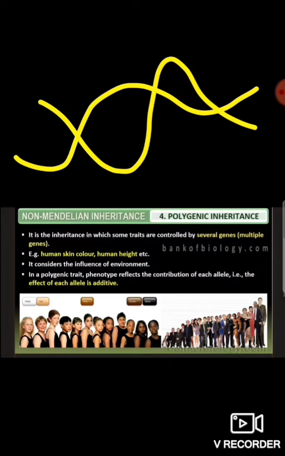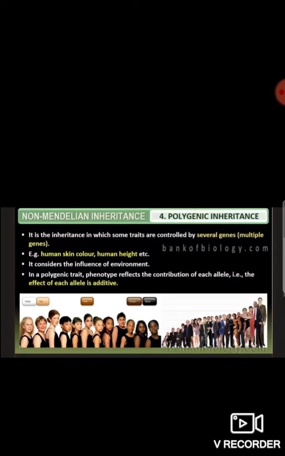There should be only brown, or there should be light skin color people. Fair or brown people should only exist. But here, because skin color is expressed by many types of genes, we call it polygenic inheritance, not just one gene. So there are many genes that contribute to the production of skin color. Okay, so it might be human height also.